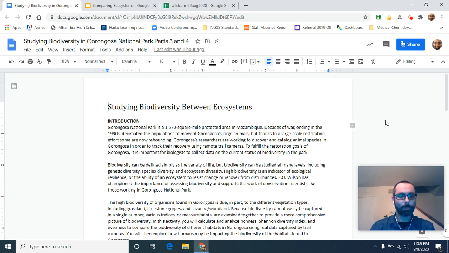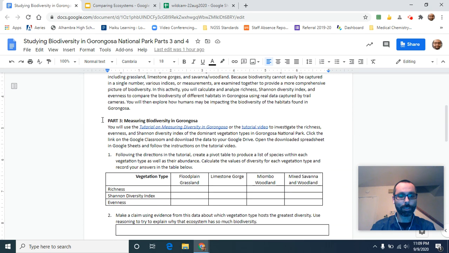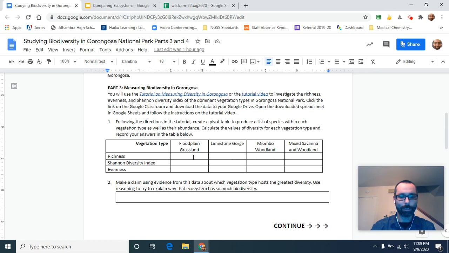This time I'm going to be talking about part 3 of the Studying Biodiversity Between Ecosystems assignment. This part is where we're going to start using real data from the Gorongosa National Park to compare ecosystems against each other. Down here in the data table, you can see that there are 4 ecosystems that we are going to compare. And we're going to use the 3 measurements of biodiversity that you practiced in part 2 of